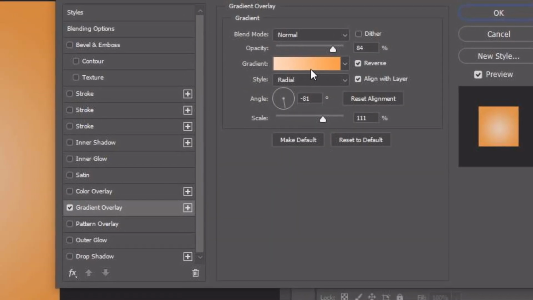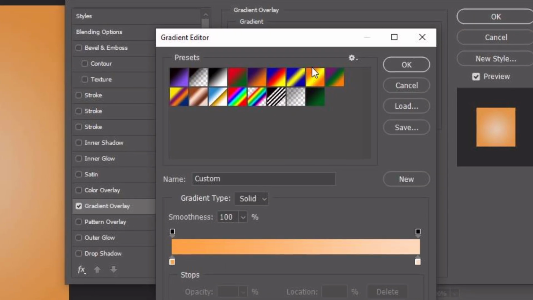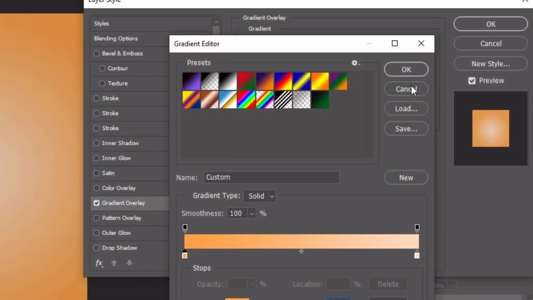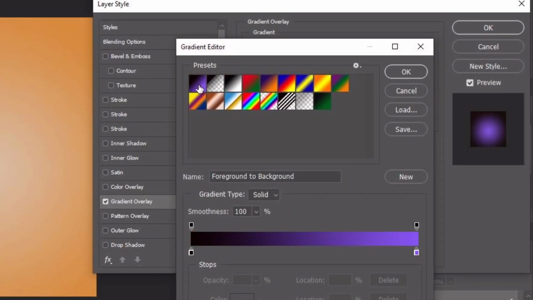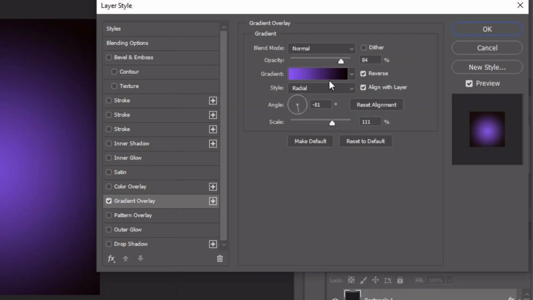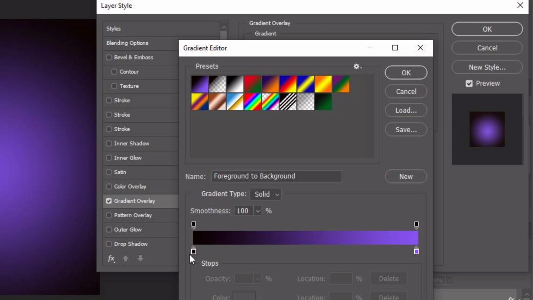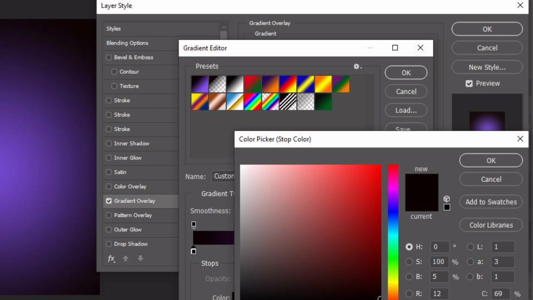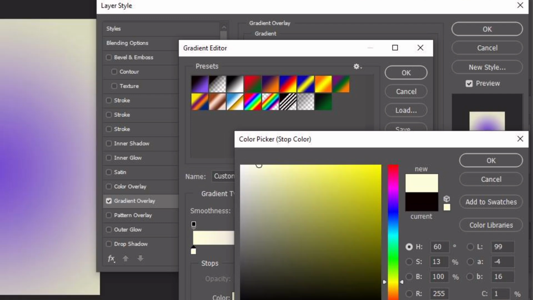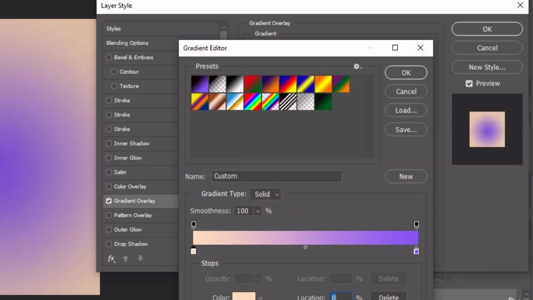Okay, it applied this gradient because it was the last design I did. So this is what you do. Once you click on gradients and it brings you here, let's go back to the default so that we'll do it by ourselves. Then we are going to add our first color. You click on this box here, you click inside the color and then you add your color, which is FFDBBE, and then you click OK. You click on the other color,